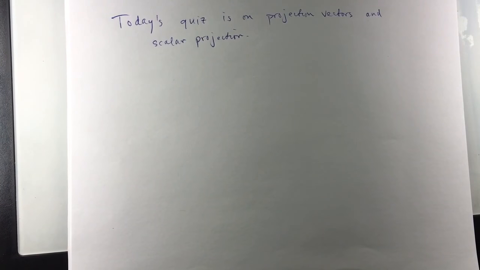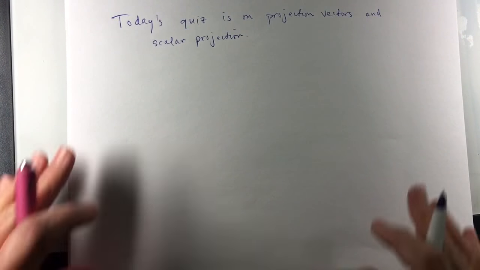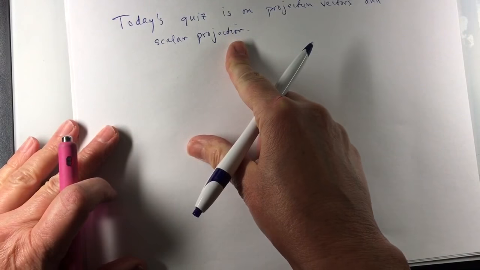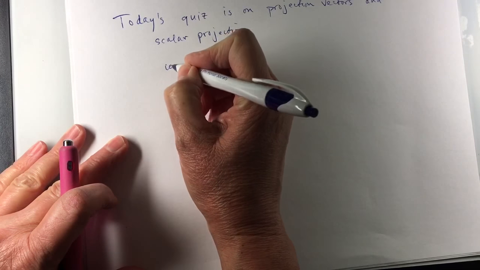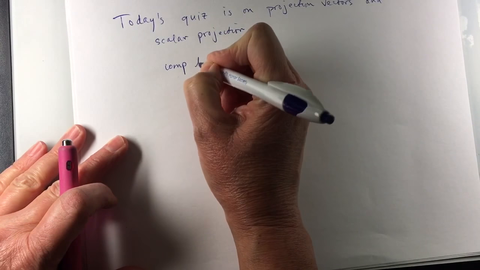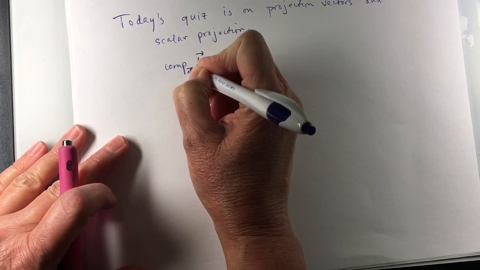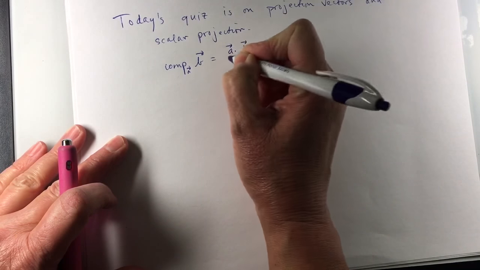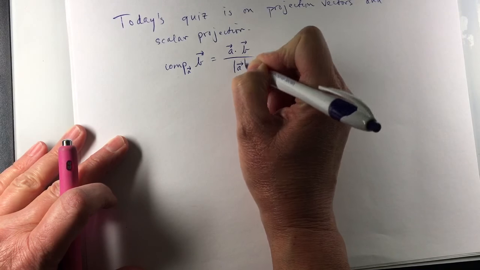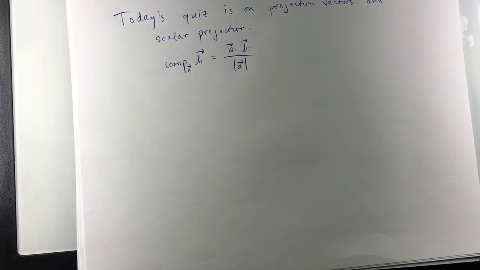So if you look at the formula for the scalar projection, it is a number. Well, by the way, what is that formula? It is A dot B, vector A dotted with vector B, over the absolute value of vector A. And as I was looking at this formula and picking out problems for the quiz, I was a